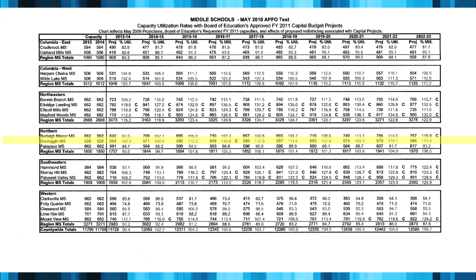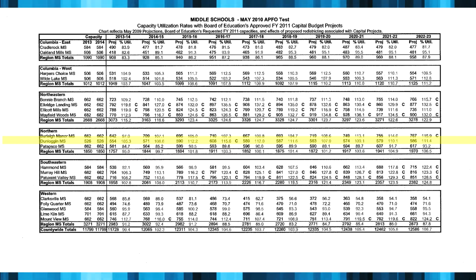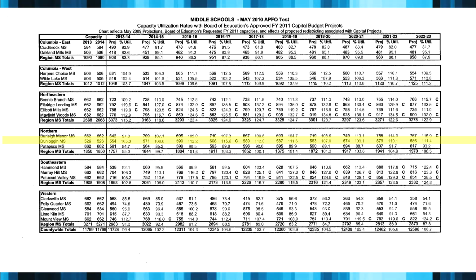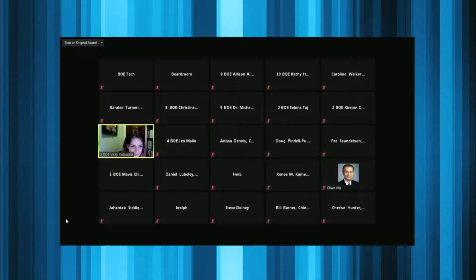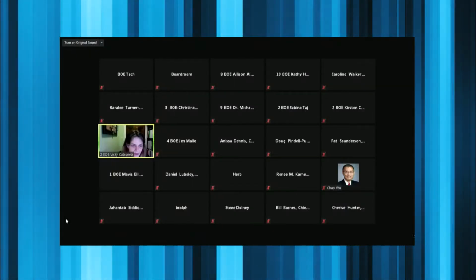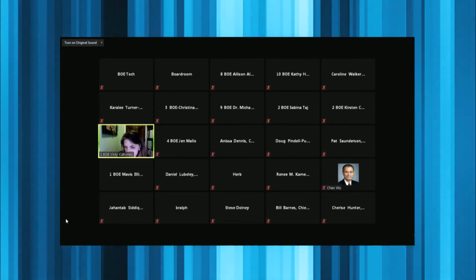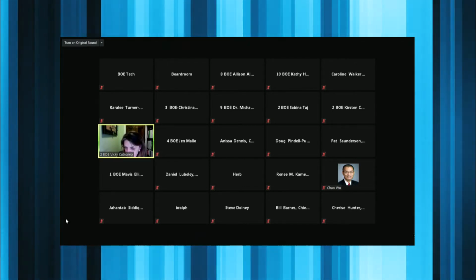I just want to share this and hopefully, our friends at the county level will look at this chart and see the reality that's coming, or it's already here. Because I don't think the point of APFO was to have a school languish on the constraint chart for 10 years. And that's just one example. I will defer time to my colleagues.